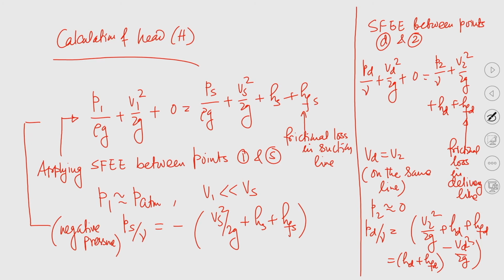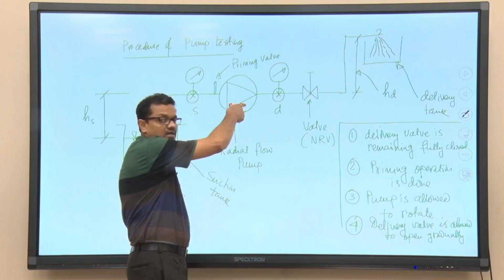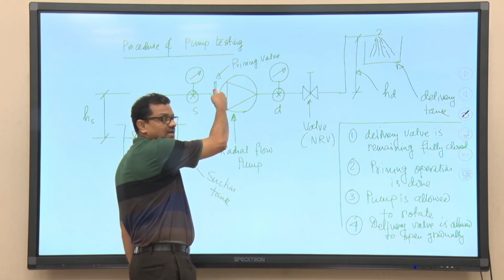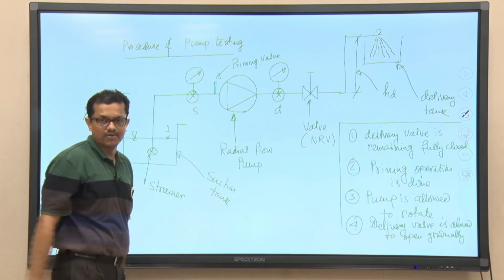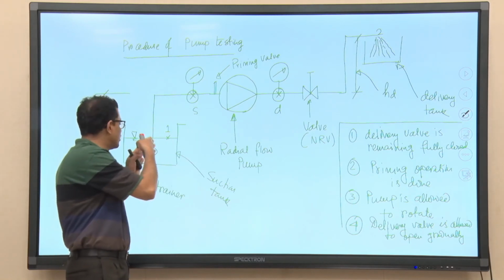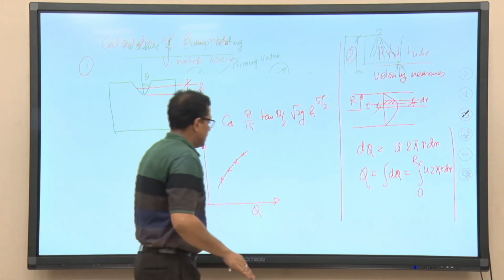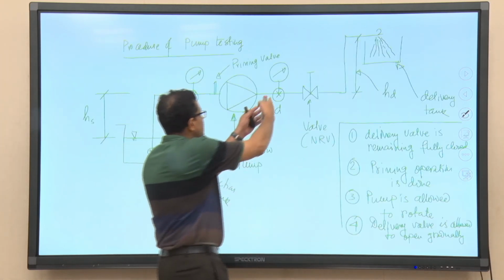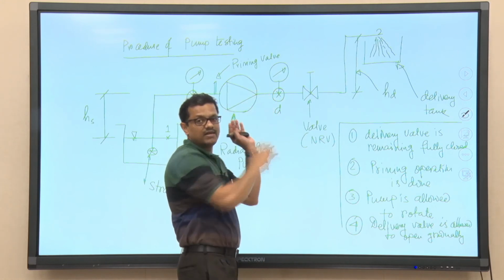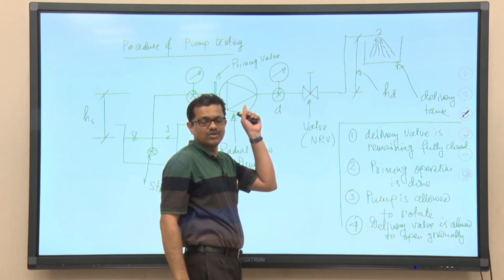This is the reading that we will be getting from the suction pressure gauge. This is negative. So, you can understand that when the pump is allowed to rotate, there will be a negative pressure created at the inlet to the pump, and because of this negative pressure, here it is atmospheric pressure, that is the driving force. That driving force will allow liquid to rush from point 1 to point S, right, and this pressure is the positive pressure. So, the reading that we will be getting from the delivery pressure gauge is always positive.